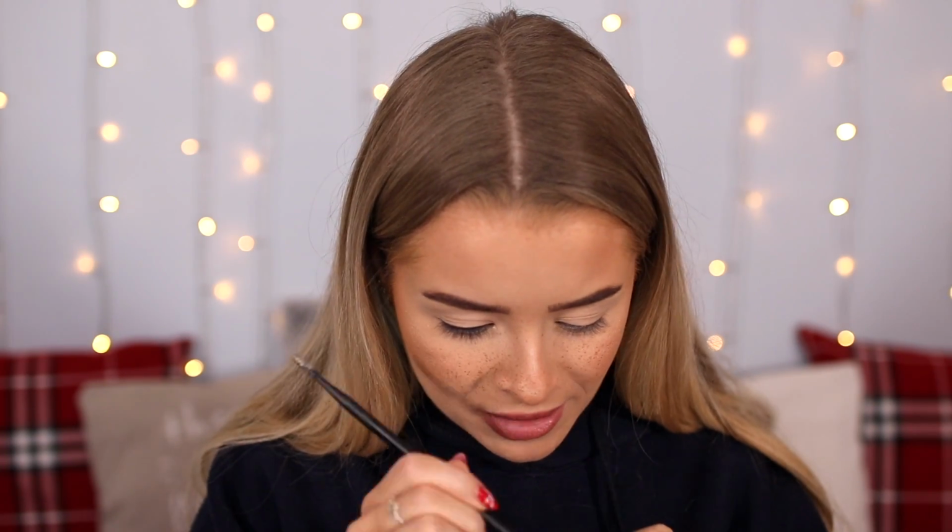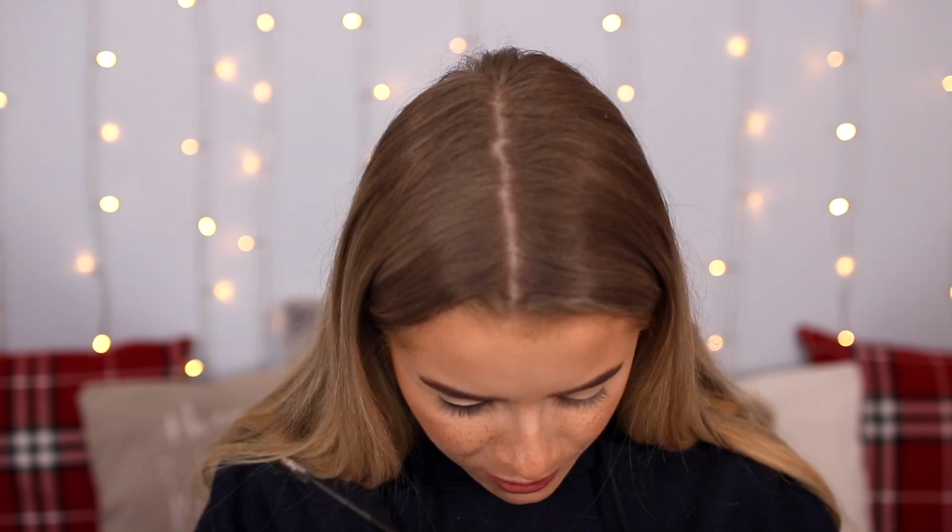I never actually used gel liner, but maybe I should. This one I think needs a bit of mashing up because it's kind of dried out. I want to get a lot of product on my brush. So she does a little wing with it. Like that, right? And then she just goes...